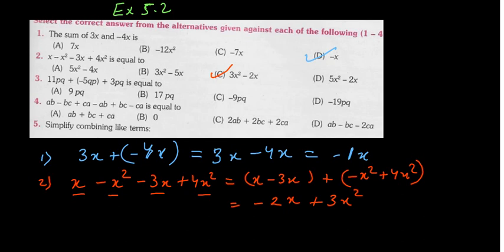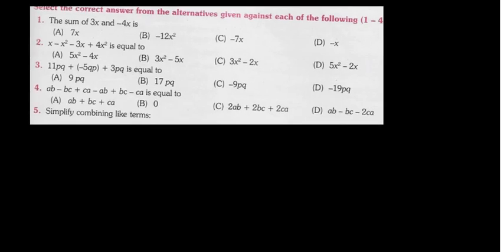Now with this question number 3, the publisher is trying to confuse you a bit, in a manner that he has written the order of variables in reverse. But we will not be confused so easily. We already know that multiplication is a commutative property. Commutative property means if we multiply 2 into 3 or we multiply 3 into 2, the answer will be the same. In the same manner, if we do PQ or we do QP, the answer will be the same. If P is multiplied to Q or Q is multiplied to P, again the answer will be the same.